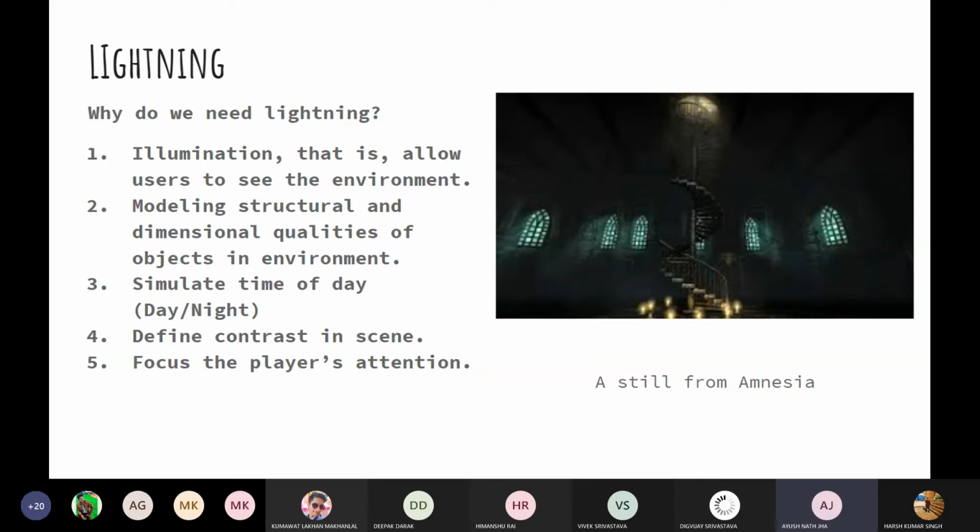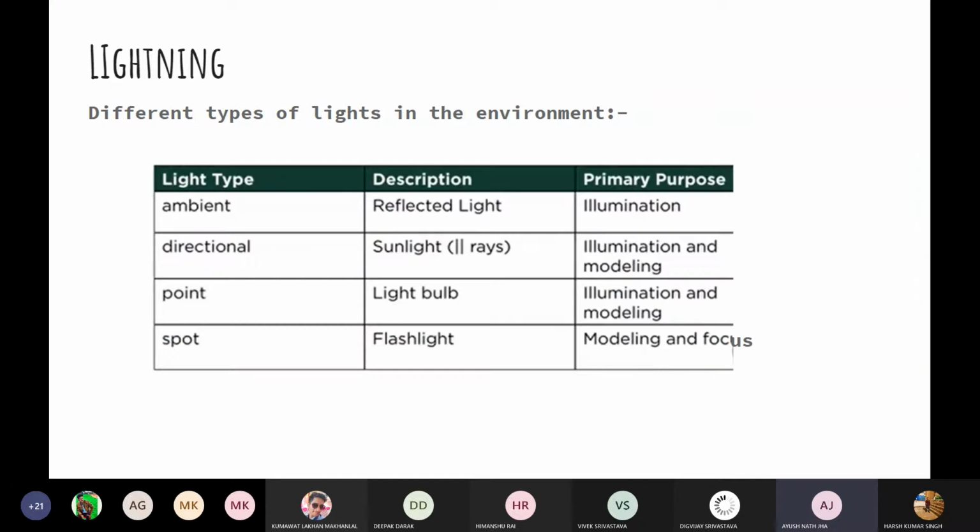If you have also played games, you might have seen that in some games, whenever you follow a light source, which means some objects sparkle brightly, they attract your attention, and you may go towards it, and then you get your objective or stuff like that. So there is also another importance of lighting, which is basically diverting the player's attention to a specific location. So this is the main importance of lighting.